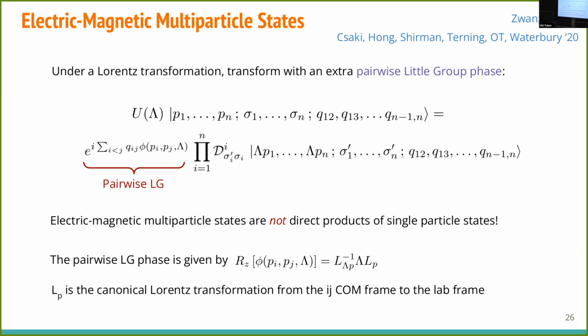That's a cocycle, right? This phi. I mean, it cannot be eliminated by redefining the phases of the initial states. Yeah. You could choose a preferred frame, say rest frame for massive particles, and then boost to another frame and get a phase, but then, when you do two boosts, you may still get an extra phase. So it's the same thing as the single particle little group for massless particles, right? You can't get rid of this extra phase.